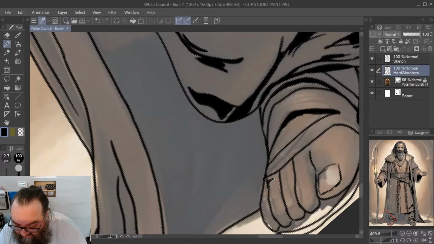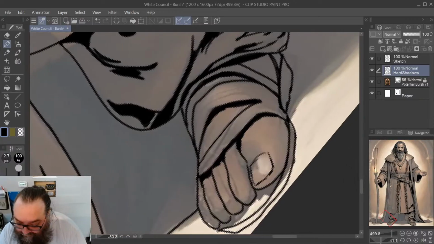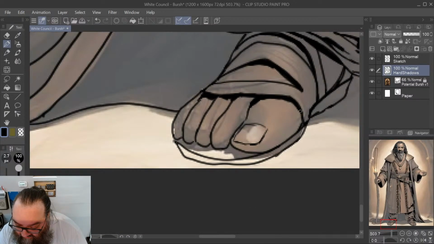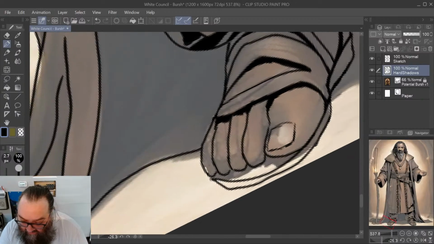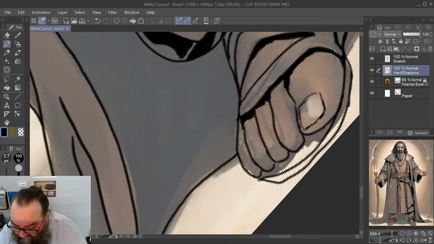So the shadow itself will help me not to do that. Something like that. Shadows give dimension to things. Kind of the first step in taking this from being okay to being really great, I feel.